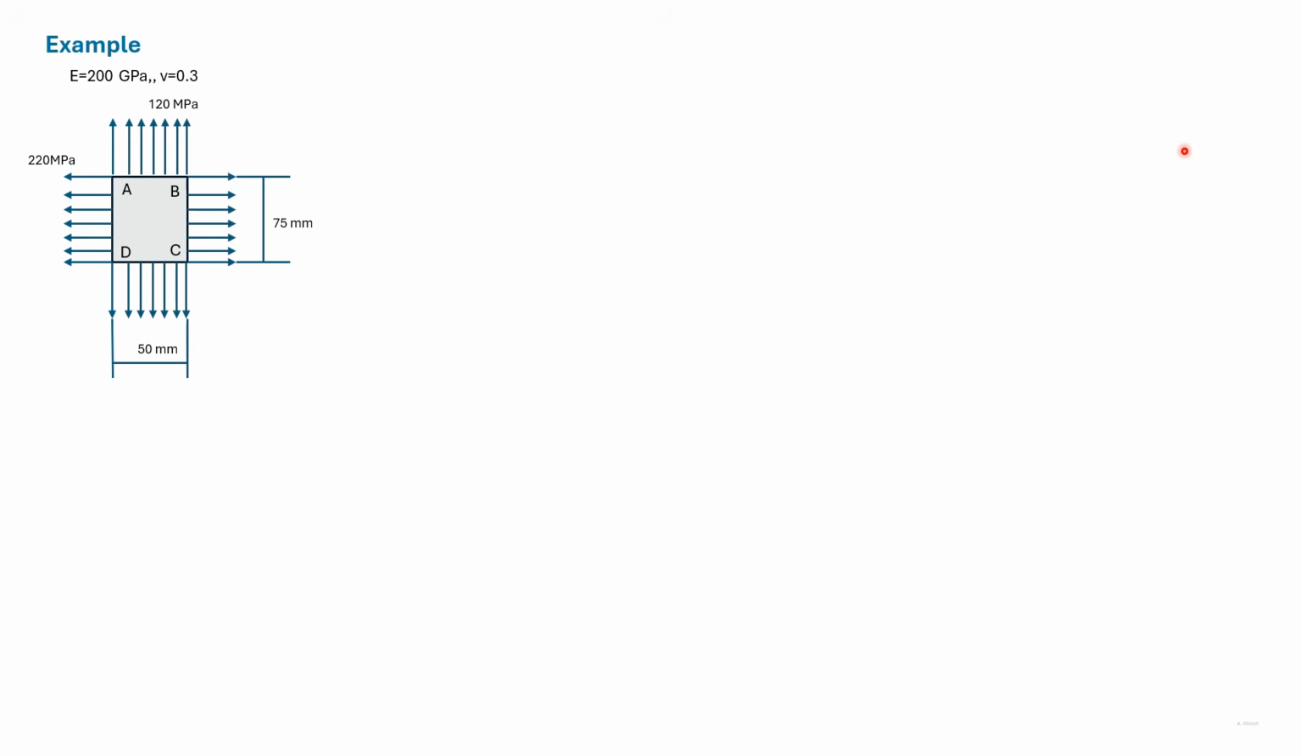Examples here which are related to generalized Hooke's law. So this is the first example. This is a rectangular plate and it is subject to stress on all the four sides. The stresses are given, the dimensions of the plate are given, and the material properties are given. So in order to find, say, the change in length